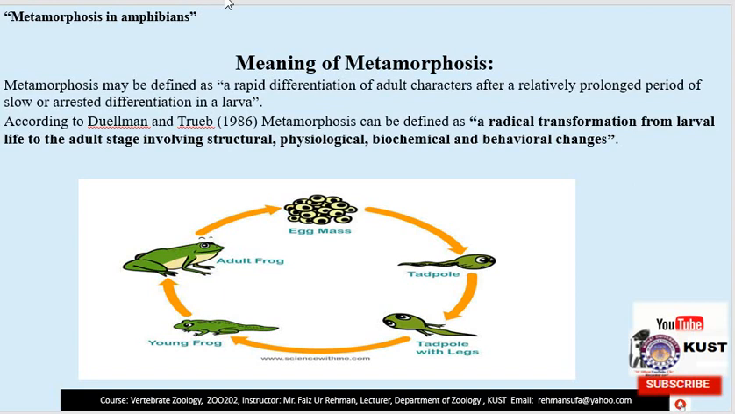Dear student, the life history of some invertebrates, including insects and echinoderms, and vertebrates, including amphibians and fishes, is characterized by the process of metamorphosis. It is the process of abrupt changes in form or structure during the life cycle of amphibians. As in the given diagram, you can see